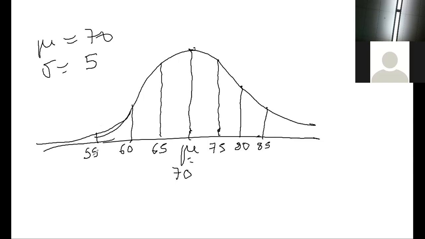So the empirical rule tells us that 68% of values are within 1 standard deviation from the mean. Within 1 standard deviation is here. If there are 68% within 1 standard deviation, 34% will be to the left, 34% to the right. Is that right? Because of symmetry. If there are 68%, we will have 34% here, 34% here. So that's what you had on your